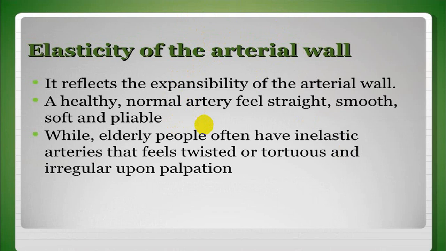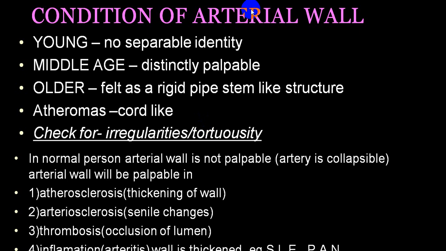But in an atherosclerotic vessel, the elasticity is lost because the elastic fibers are replaced by atherosclerotic material, and now it is thickened, you will be able to roll it below your finger. We call that a tortuous palpable artery, thickened artery, and that is very classical in an older individual because of atherosclerosis. So an atherosclerotic vessel will be palpable because of the thickened wall.